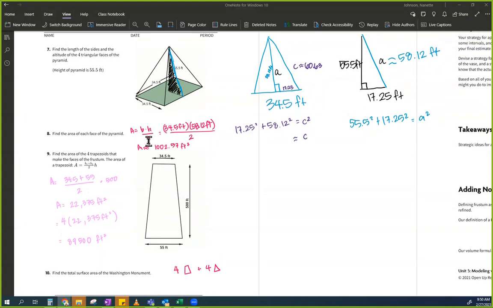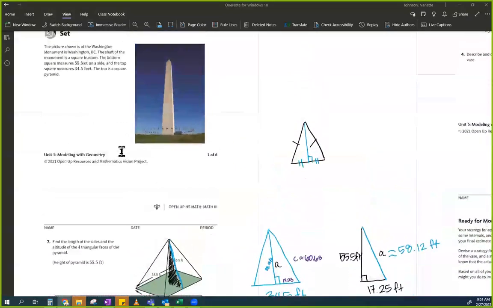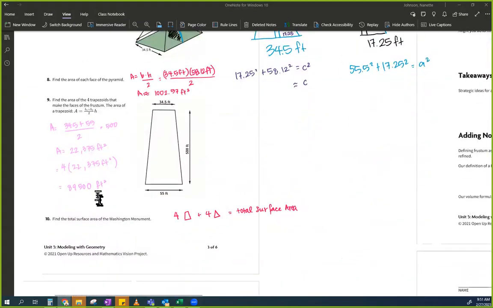So hopefully you can kind of see that. If you were to walk around, I'm going to try to scroll up, but my mouse does not like scrolling up very quickly. If you pretend that you wrapped this whole thing up, the frustrum and the pyramid on top, with tiny little Post-its, they wanted to know how many Post-its you would have to use. So the 4 trapezoids I already got, it's 89,500 feet squared. And then 4 of the triangles. Now, this is just one of the triangles, each triangle. So I'm going to go plus 4 of the